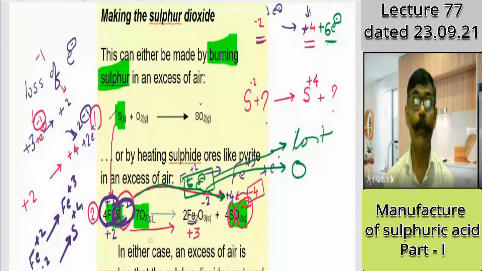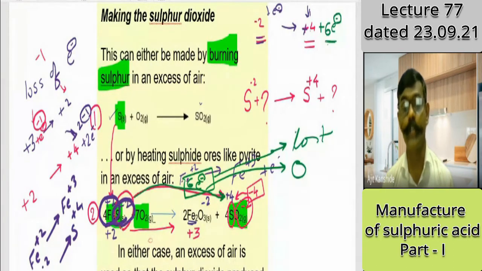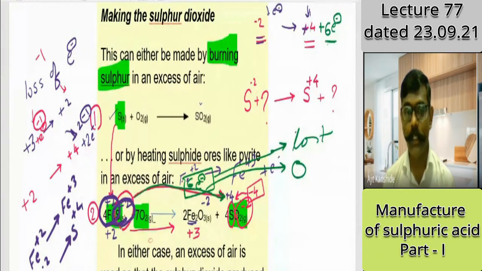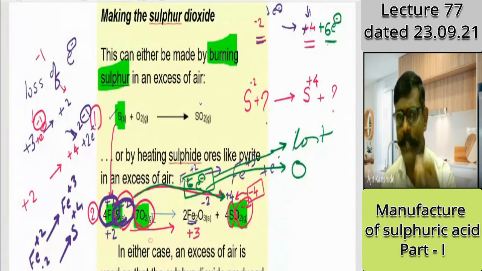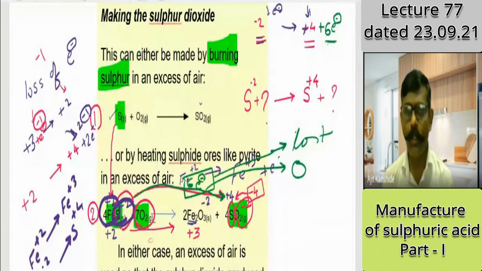Now let us talk about the reduction. Who undergoes reduction? Now answer my question. In this O2, what is the charge on oxygen? Yes, students, I want to know feedback from you. Could you able to read this reaction on your mobile? Is it readable? Yes, sir. Okay. Now I want an answer from you.